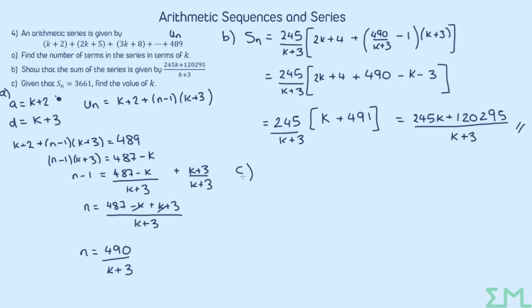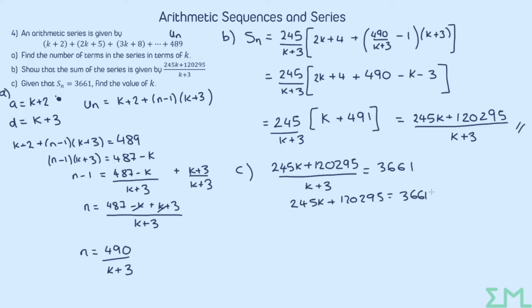Okay, part C. Given that Sn equals 3,661, find the value of k. So we are now going to solve this expression from part B equal to 3,661. So let's see, 245k plus 120,295 equals 3,661k plus